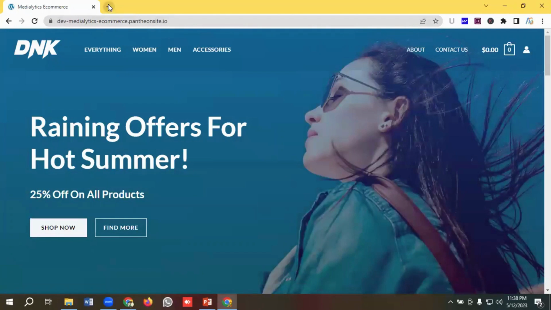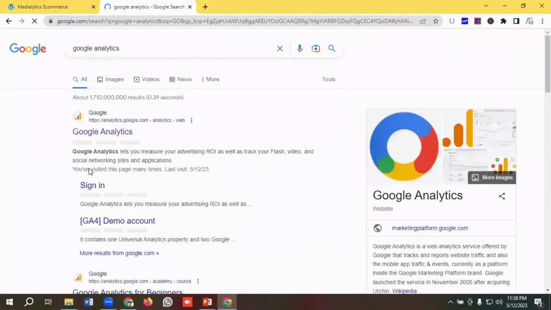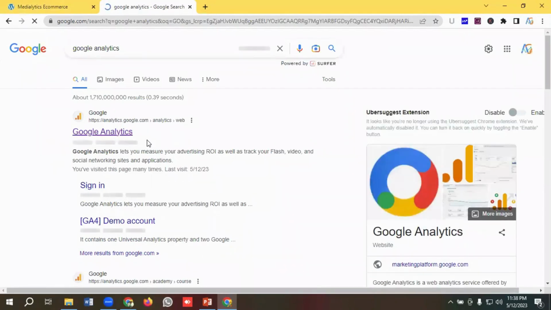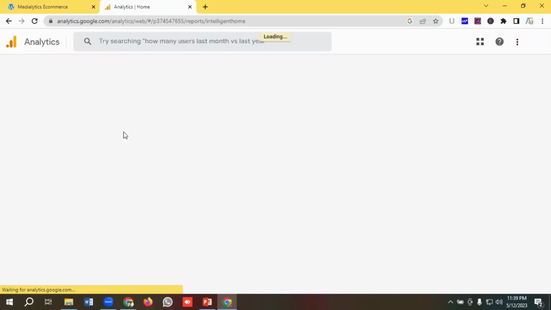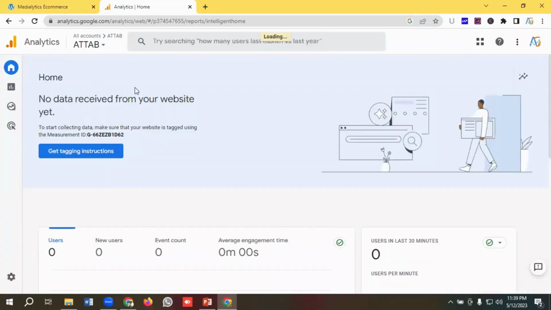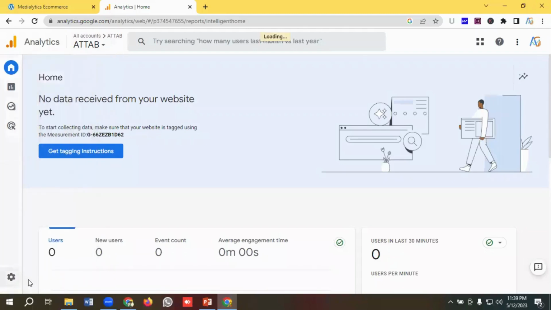For creating a new GA4 account, I need to write Google Analytics. Then I can see the first option called Google Analytics appearing here, so I will click this link. Let's wait a little bit. You can see previously I have created a couple of Google Analytics 4 accounts, that's why it is redirecting me to those accounts. For creating a new GA4 account, I need to click on the admin section